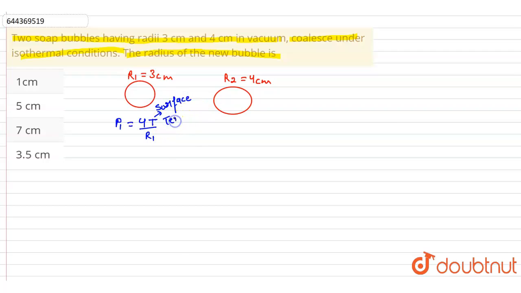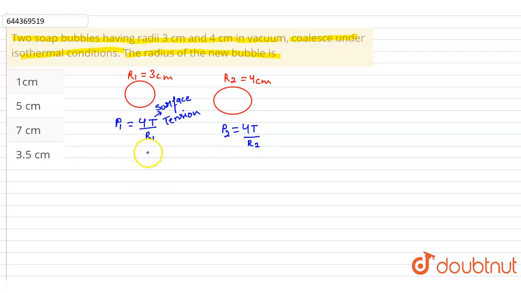So this is the value of excess pressure inside this bubble. Similarly for bubble 2, excess pressure is P2 is equal to 4T by